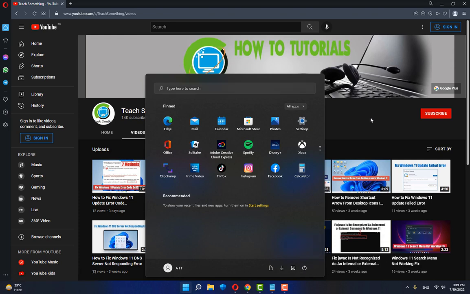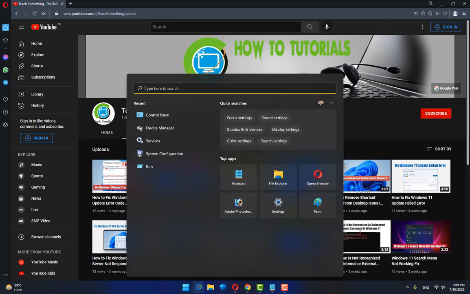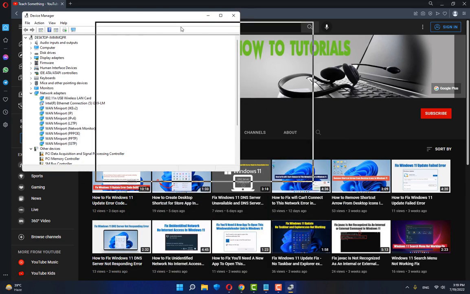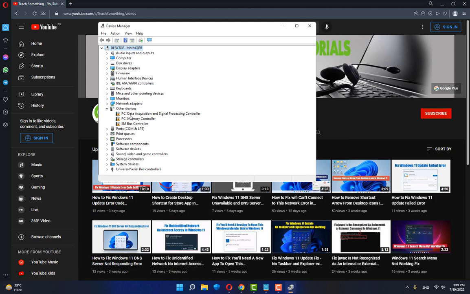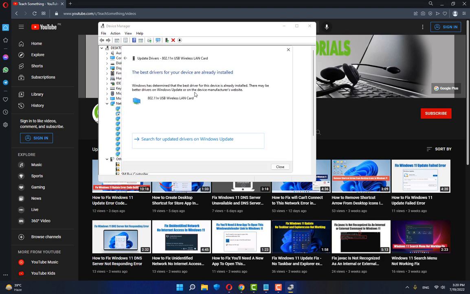But if your problem is still there, then you can try a third method. The third method is that in the search box type device manager, open device manager. After doing this select network adapter and select the wireless USB or the Wi-Fi adapter. In my case it is a USB wireless LAN card. So right click on update driver, click on search automatically for drivers,